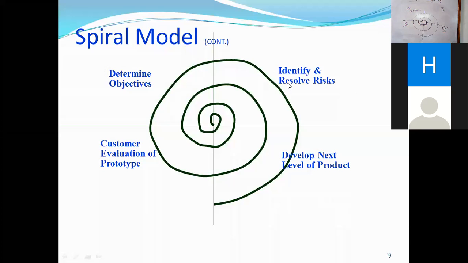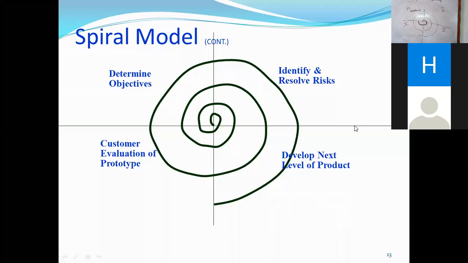You can see on the board itself, I have marked here the innermost loop. You can see the innermost loop. What this innermost loop represents is one of the phases of the software development life cycle. It may be feasibility, it may be requirement analysis, or it may be software design. This loop will move from the first quadrant to the second quadrant to the third quadrant to the fourth quadrant. That means